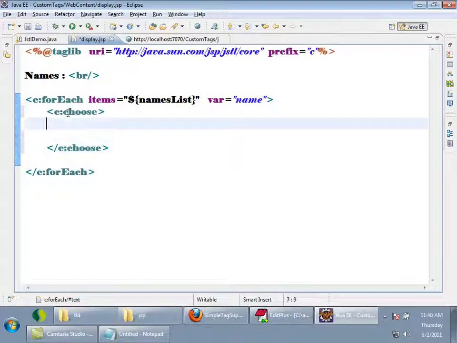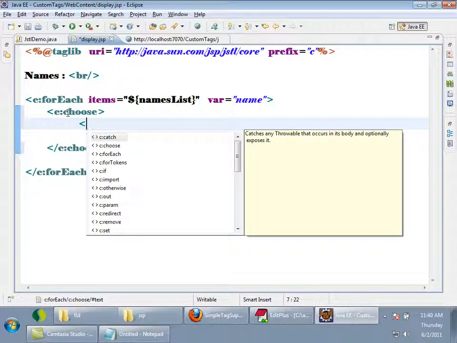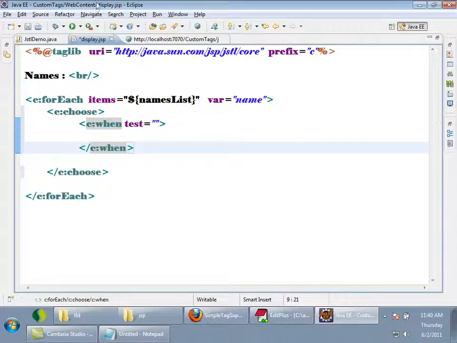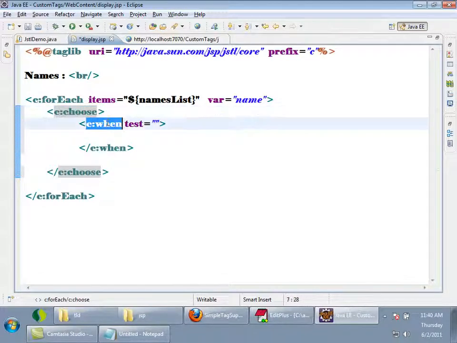c:choose. Inside choose, what I can do is I can write c:when. See, choose is just like a switch and when is like a case.